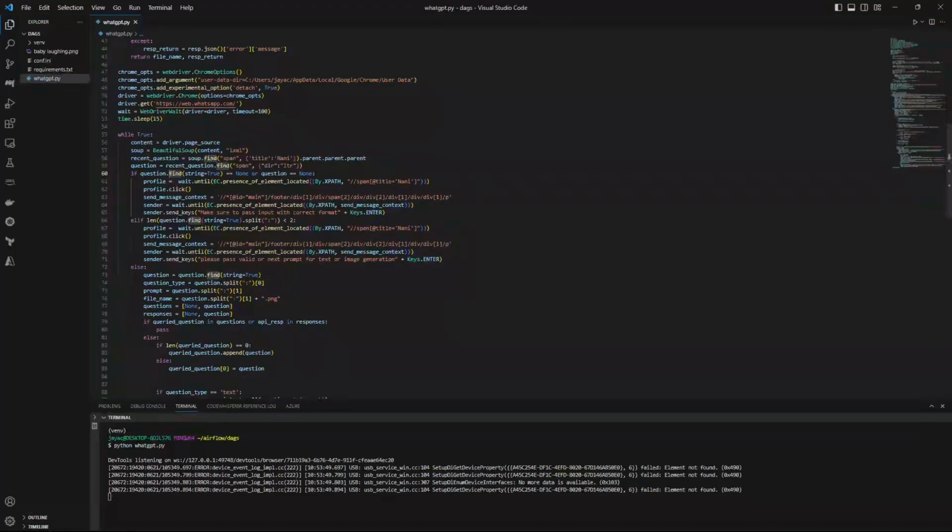So we will use this element and call the find method of BeautifulSoup with string equal to True. This will make sure that whatever is in between these span elements, all the string will be returned to us. So if it is None, or if this question itself is None, I'm going to wait until the element is located, and I'm going to click on my profile. I'm getting this element by using the XPath: span title is my name. It's the same as what we are doing in BeautifulSoup. So this will get the span element where the title is my name, which will go to the